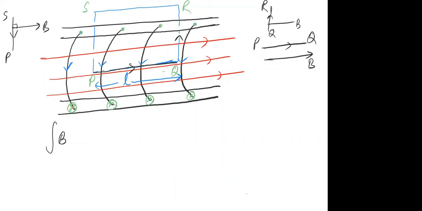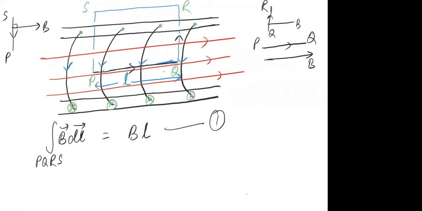So finally I can write B dot dl over the whole loop PQRS, and after integrating, what we have got is B into L, because 3 of the integrals have become 0. The integral from Q to R is 0, R to S is 0, S to P is 0. Means if you take the line integral of B dot dl over this whole loop PQRS, you will be getting B into L. Is it clear till here? I hope it is understood.